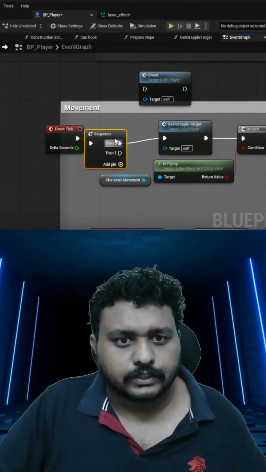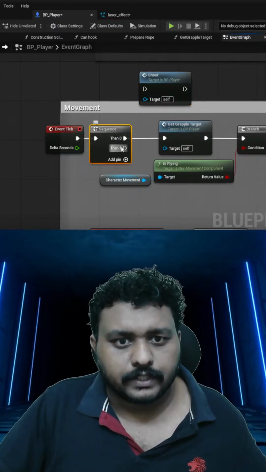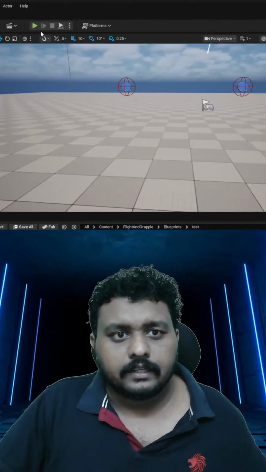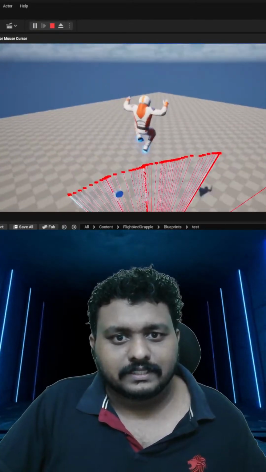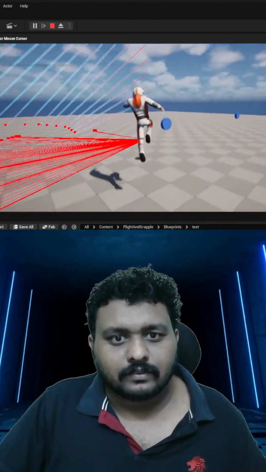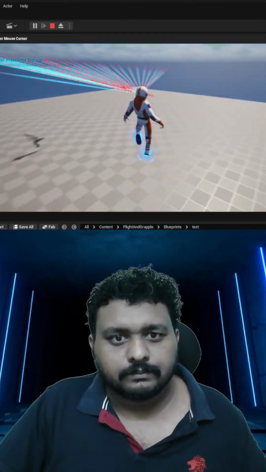Let me add just a sequence over here, so that if you want anything in the future, we can add it here. And right now it should theoretically work. So whenever I am moving, you can see a lot of light beams coming. Must be in the air for some time. See,